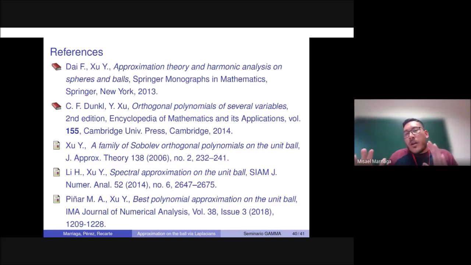The big part of our inner product, the one that has already been studied before by Xu, appears in this article. Okay, and then that trick that I used in order to prove the approximation property, that dual argument, is found in this article by Xu, and then the results for the approximation properties of the classical basis can be found